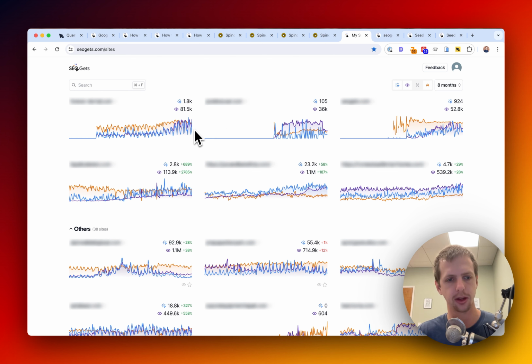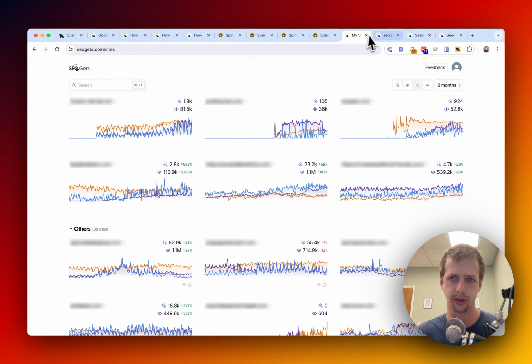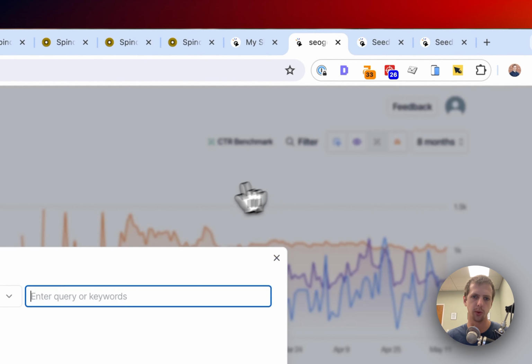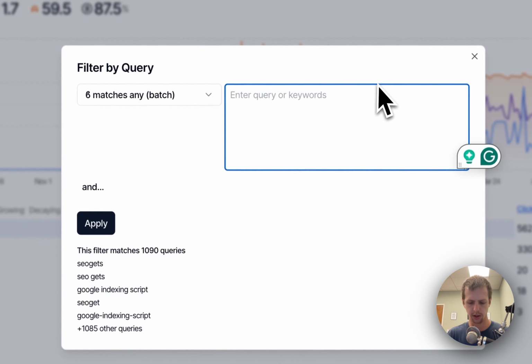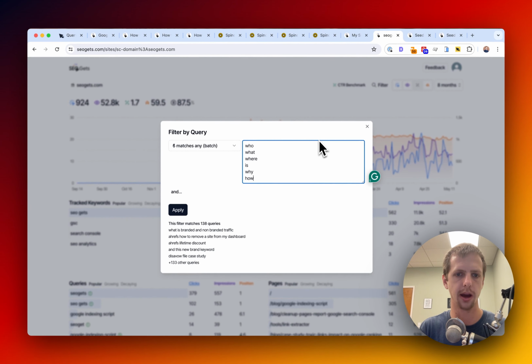But if you're looking for content optimization, go check Query Hunter, go check out Peak SERP, go check out Spindrift. All of these apps, they're content optimization. They're the best at that. We're much more for agencies and consultants that have a ton of sites that they need to monitor all at once. Again, I can come in here, I can go to query, I can do batch filtering: who, what, where, is, why, how,